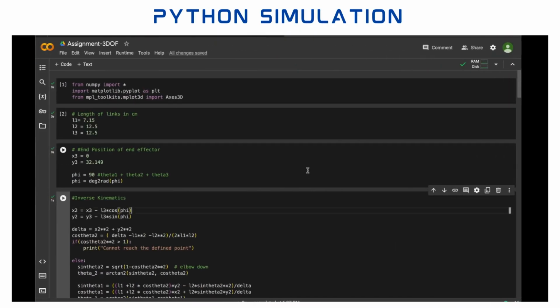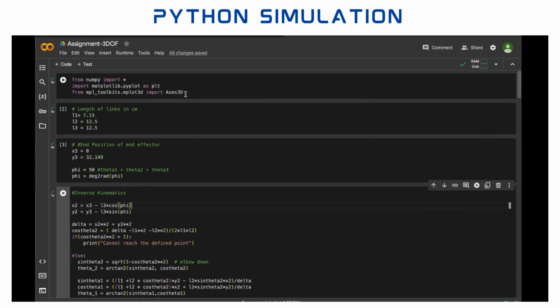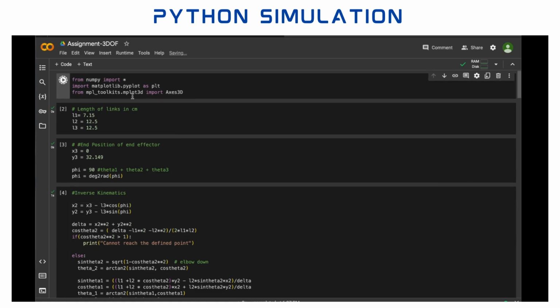Hello, in this video, we will see the simulation of a 3 degree of freedom robot arm performing inverse kinematics operation. Okay, so here's the code of it. I'll be running the tabs one by one in Google Colab for simplicity, and lastly the simulation will be displayed below. So right now, I'll just start with the first step, which is all the libraries required for performing